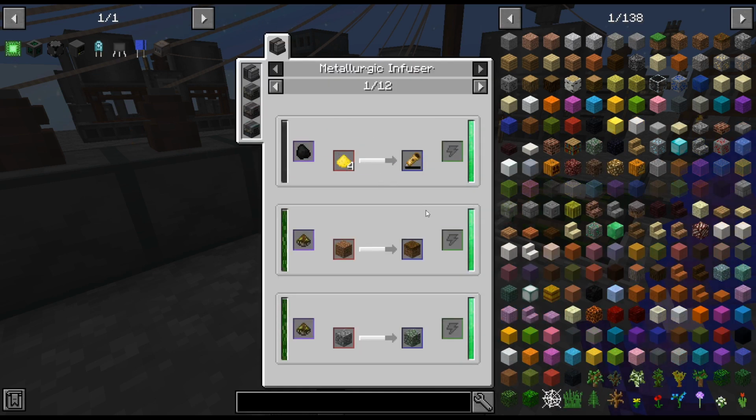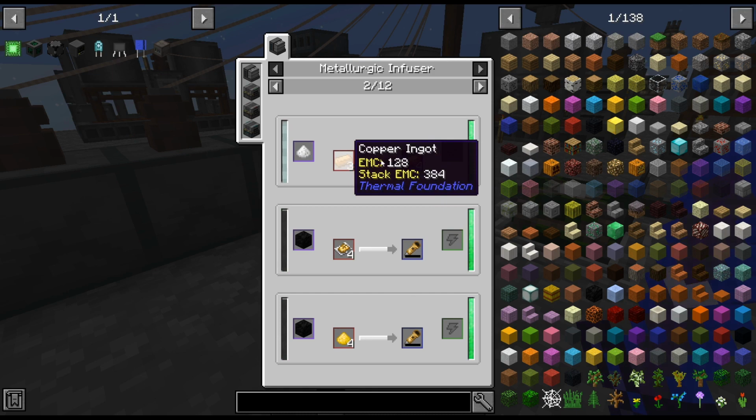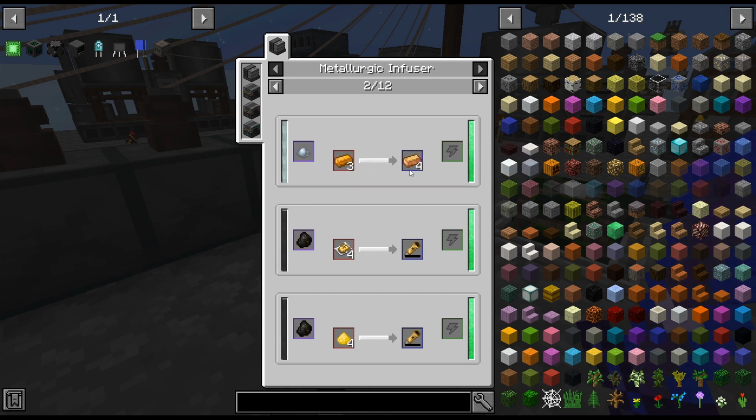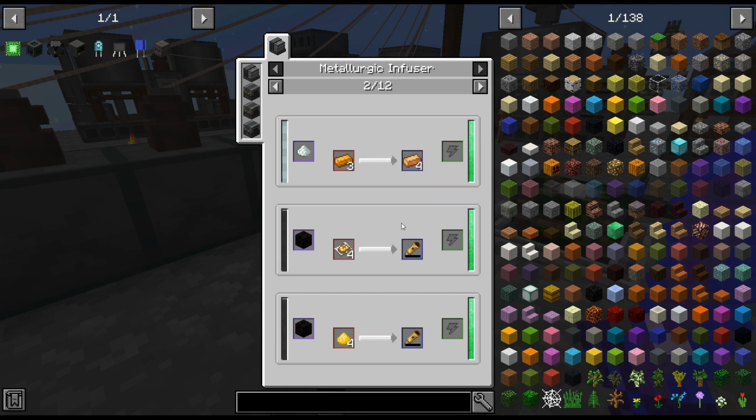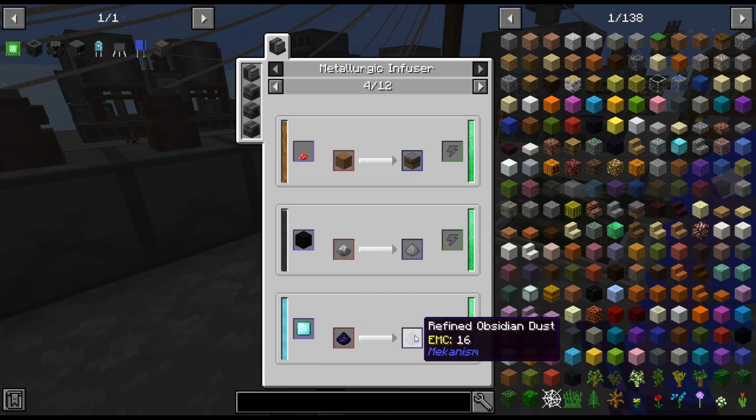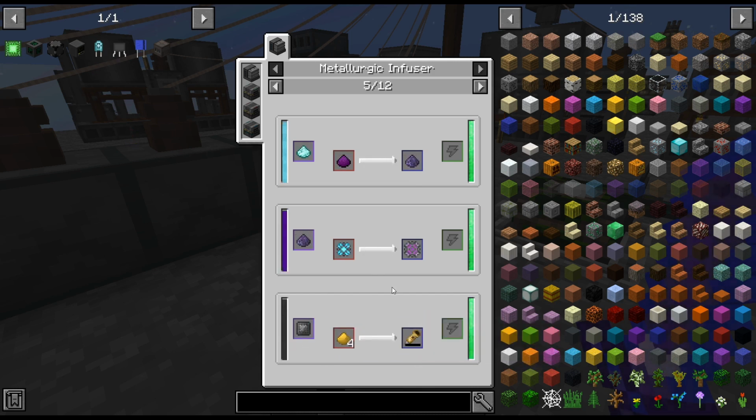I'm like, are we... I don't know if we're going to be using this. I can do... Oh, that's kind of cool. You can do bronze in there. I didn't know that. I have no idea what that is. Obviously, we're going to be doing refined obsidian. And actually, can we...